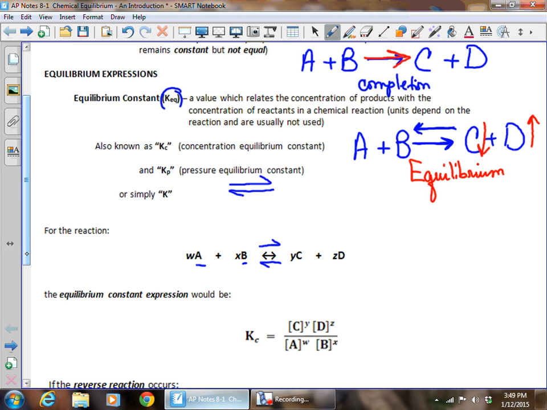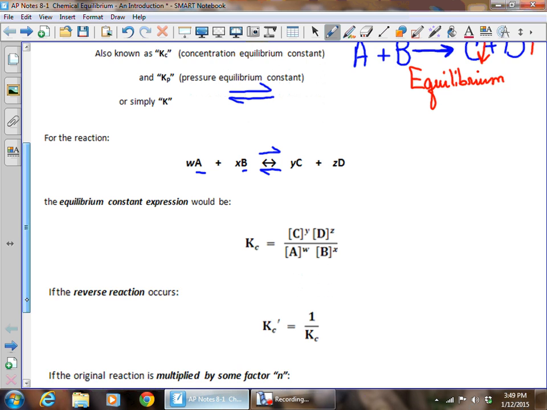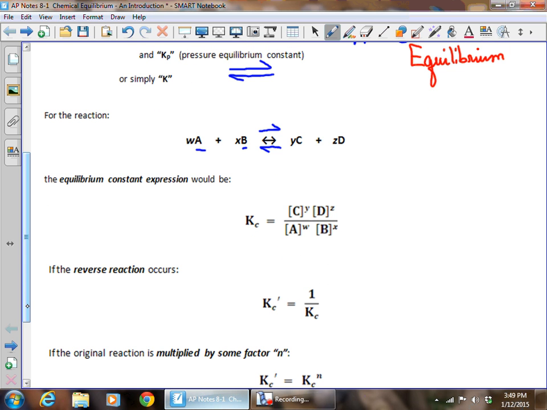So anyway, you've got this reaction, and now we can write an expression for that reaction. That expression in terms of concentration would look like this, where you've got products over reactants. So the K value is always going to be the concentration of the products over the concentration of the reactants, in terms of concentration or pressure, whatever it is that you're dealing with. In this particular case, since these are the products, we're going to have the concentration of C raised to its coefficient, Y, times, very important that it's times, the concentration of D raised to its coefficient. We're going to divide that by,